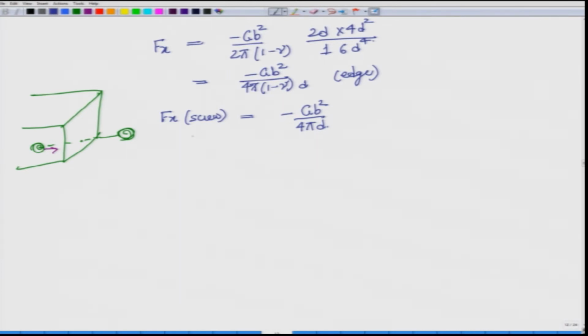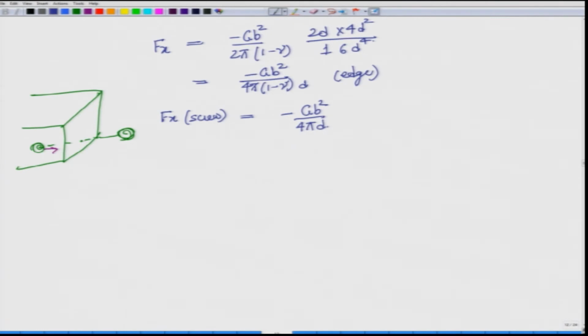So, this is the force that this dislocation is experiencing if it is a screw dislocation, and this is the force that the dislocation is experiencing if it is an edge dislocation. Now, will that cause any change? There is of course force. I can be applying force onto something, I can be applying force onto this screen, but is it really leading to some work, or is it leading to any change?